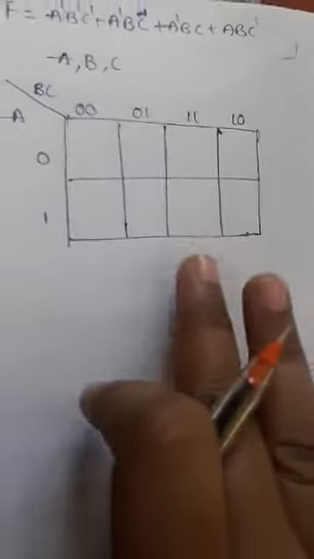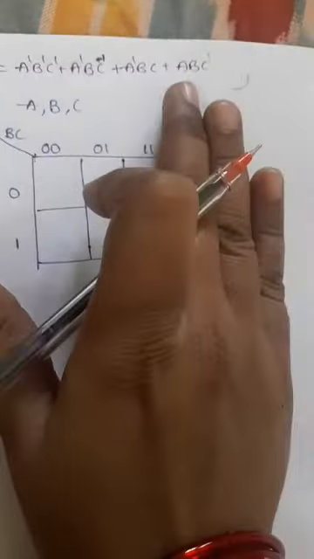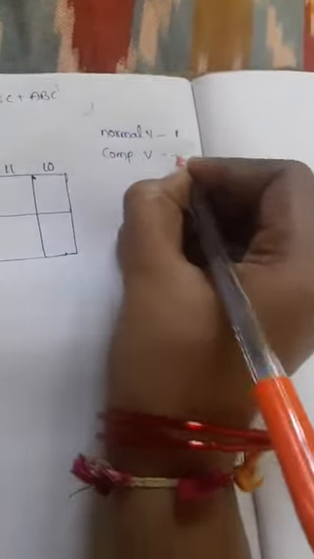This is a very simple procedure, you already know how to solve it. First of all, whatever Boolean expression we have, we decode its values. This is the SOP equation, the sum of product equation. In that we consider a normal variable as 1 and a complement variable as 0. With respect to that we can decode this equation into binary values.